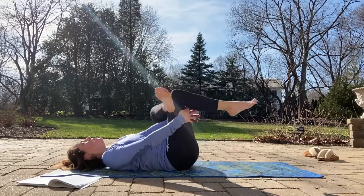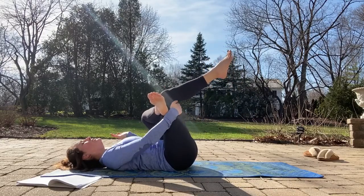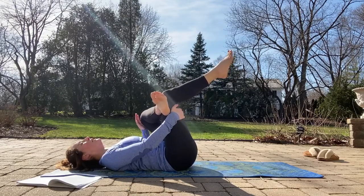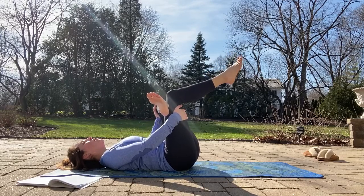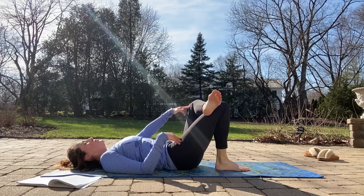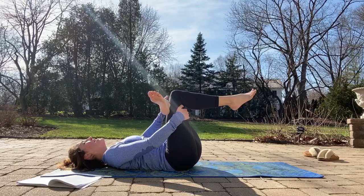Now we're going to cross our left ankle over our right knee. We're going to actually lift the right knee up into a tabletop position, and we're going to bring our right hand behind the right quad or on the right hamstring, and our left hand is going to press into our left knee. From this position, you could have your foot down and do the same thing, but for a lot of us, we're not going to get a stretch there. So you actually have to lift the right leg off and press that left knee away from you